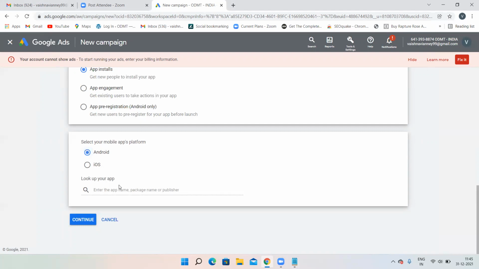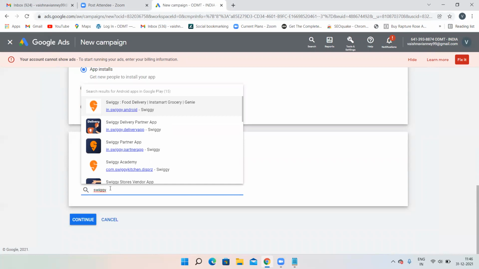Look up your app. The most important thing in the mobile network is that your app should be present in the Play Store. So you have to just search for your app name over here. Like this, you have to search for Swiggy. So then I'm able to see the